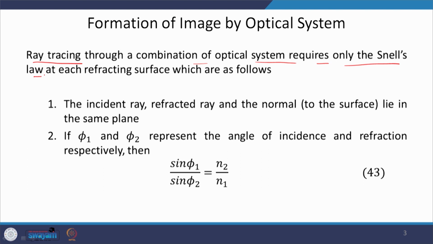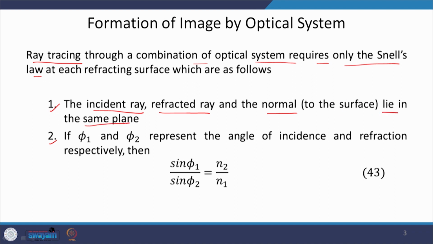But what is Snell's law? How does it help us in tracing the ray path? This is detailed here in point number 1 and point number 2. And Snell's law says that the incident ray, the refracted ray and the normal to the surface lie in